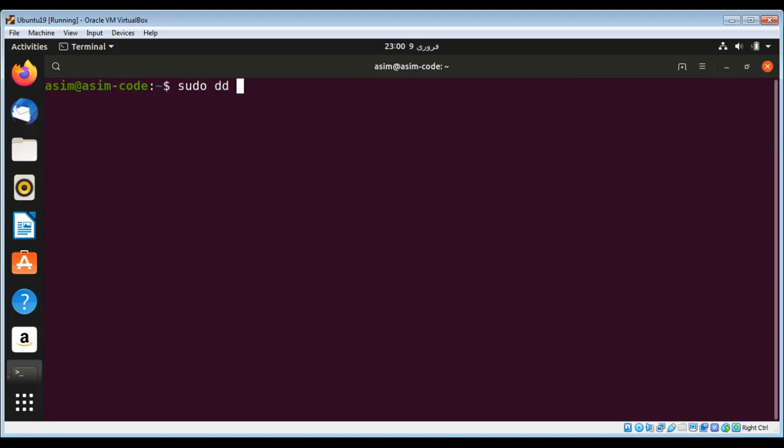Sudo, then dd, then if, and just set it to our backup file in the temporary folder, backup.bak, and then of /dev/sda, and just hit enter. We don't need to specify the block size and block count for this,